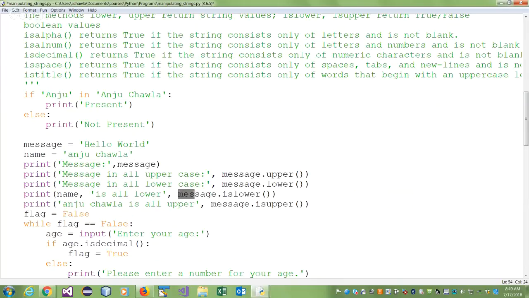Now here, instead of message, which variable should I be using? Name. Is Anju Chawla, again here, I won't say Anju Chawla, I'll say name. Is all lower, and here I should be using name. It was giving me the right thing. Hello world is not all lower, and hello world is not all upper. So it was giving me false, which was right. But I want to check if my name is all lower. So the first print statement should say true, and the second print statement should say false, because my name is